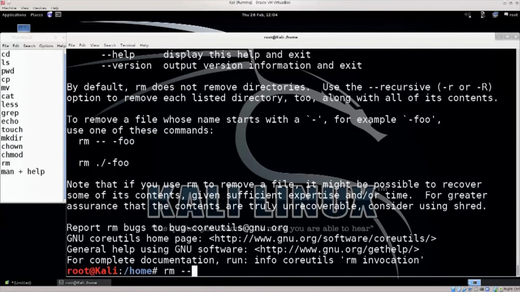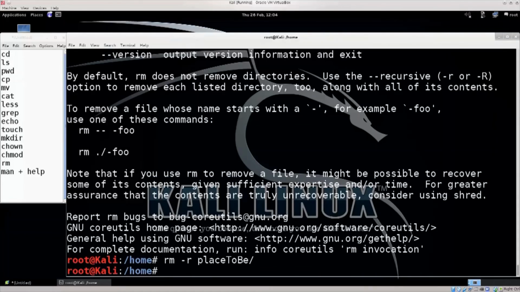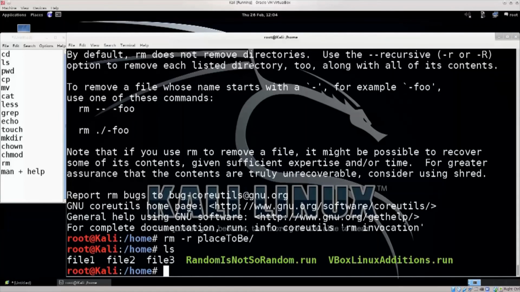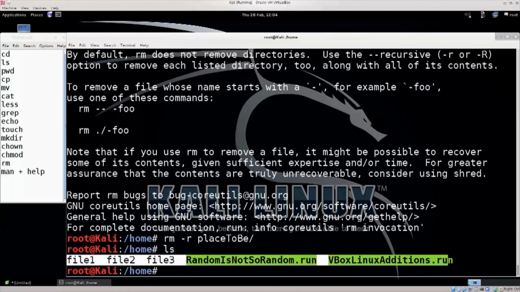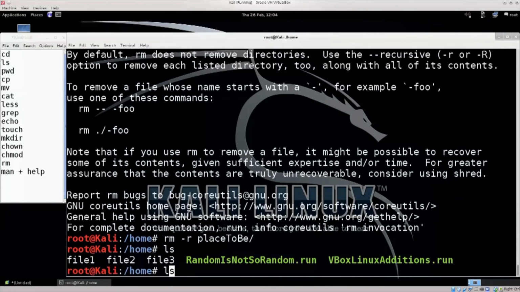So let's just go ahead and type in rm -r place to be, press enter. There you go. It has deleted it, and it is no longer there. The -f option that I have used is force. It will not ask you any questions. It will delete the folder or file, which can be also very dangerous. When you're using rm, you always want to be asked questions. In any case,